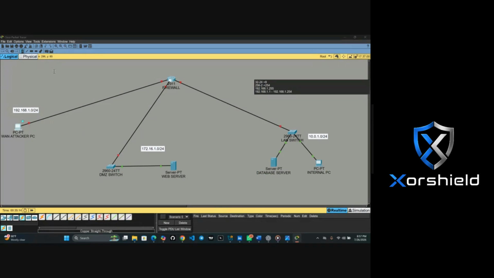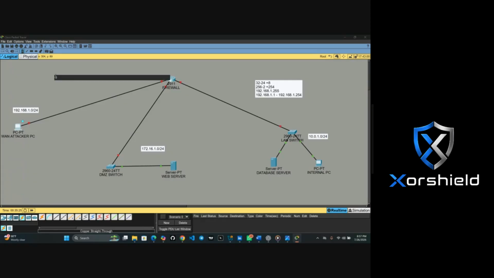Let's assume you are having, we are not using /24 again. Let's assume you are using maybe /8. That would be 32 minus 8. That's 24. Then 24 now, that will now be 2 raised to power 24.